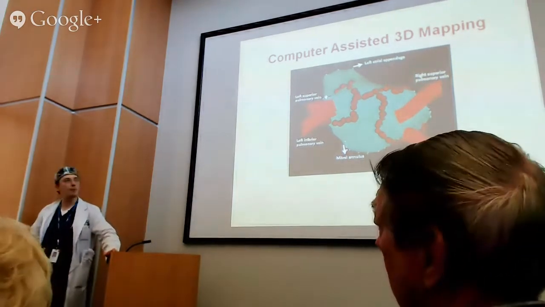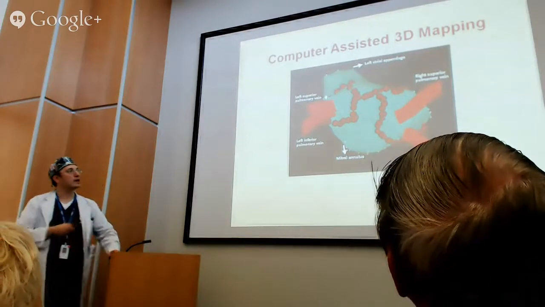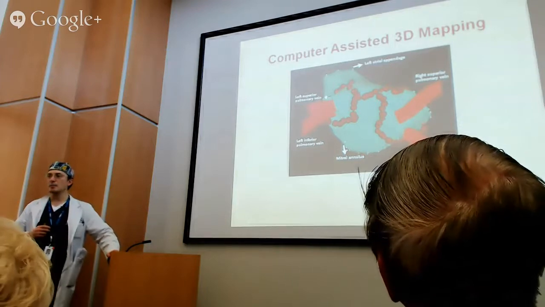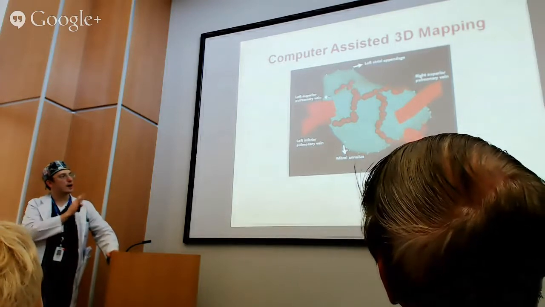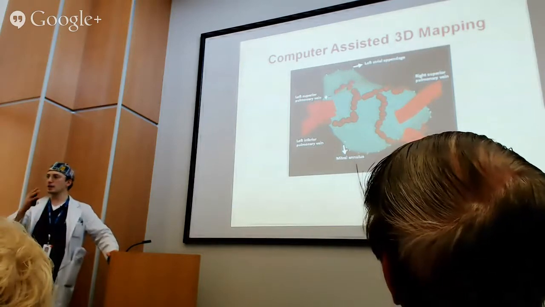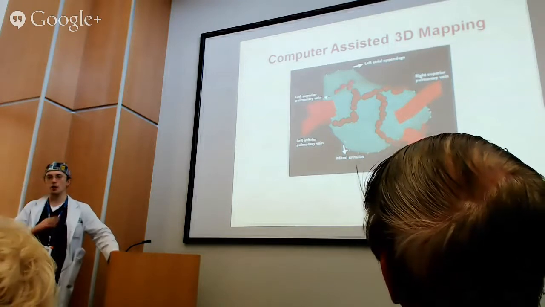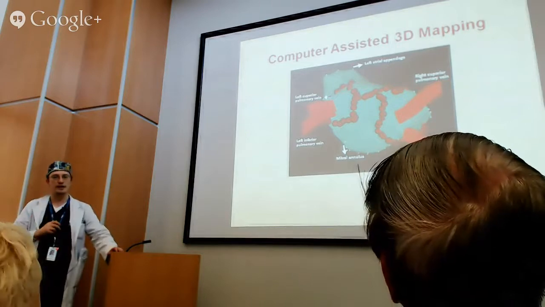So here is an example. The green area is the heart chamber, the left atrium that has the problems, and the little red tubes are just kind of cartoons that represent the pulmonary veins, the blood vessels that come into the heart, and we don't really target those. We put them in there for reference so we can know which side is up and which side is down.